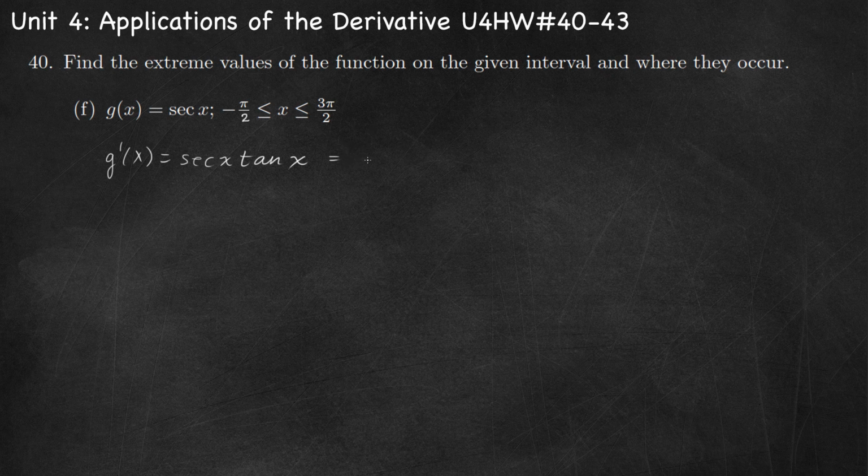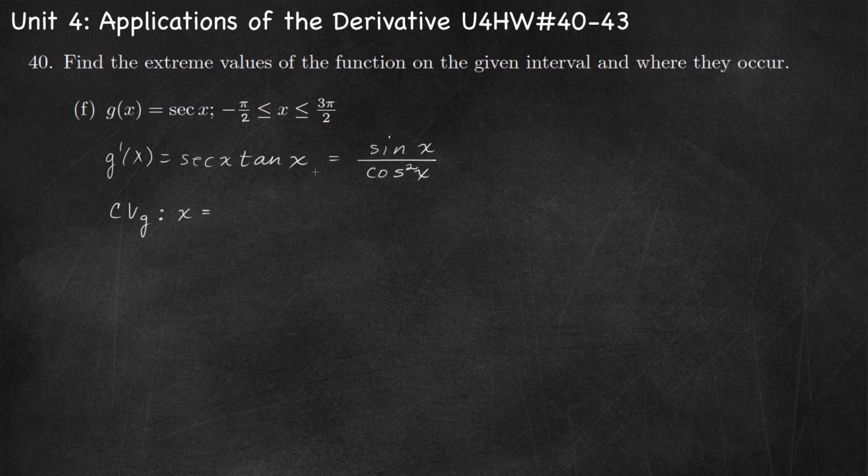So the secant is 1 over cosine x, and the tangent of x is sine x over cosine x. That puts another cosine in the denominator. So now we have sine x over cosine squared x. This is going to equal 0 wherever the numerator is 0. So we have critical values